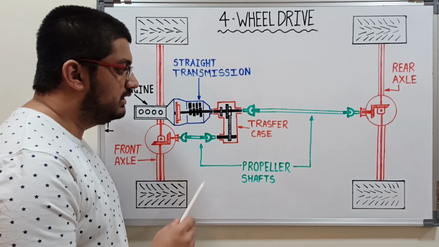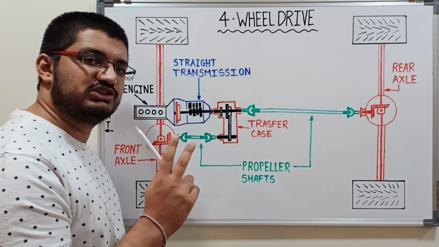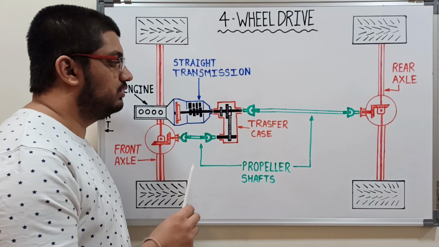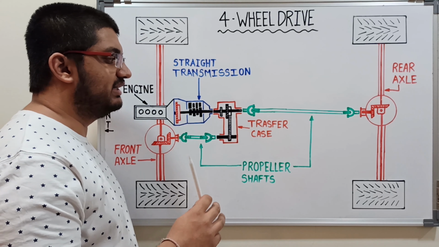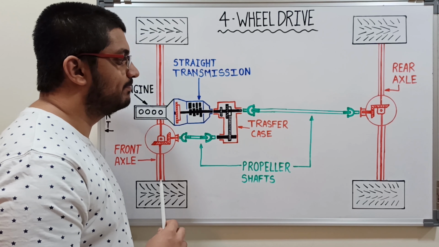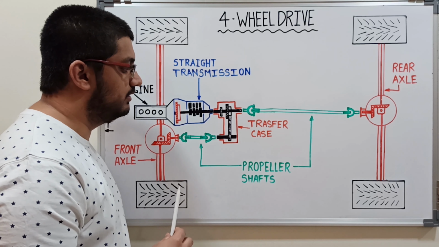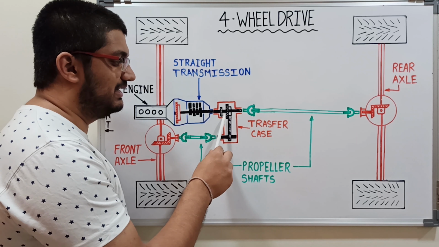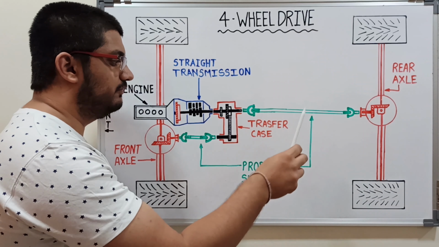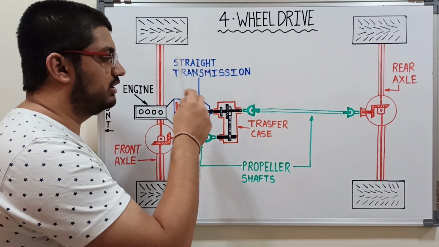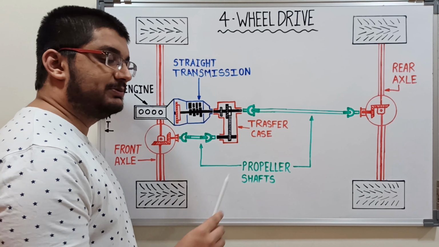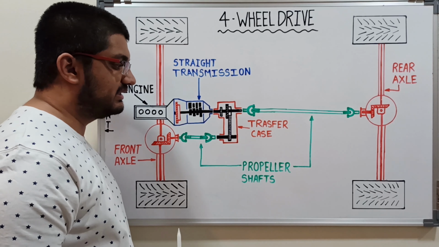And the second job is to select between two ranges or two modes, high mode and low mode, in which there is high speed and low speed respectively. So there is this flexibility given in order to increase the torque in very off-road conditions where the vehicle is stuck or something else, and also increase the speed. So the transfer case has these two functions: select the high and low mode, and then select which axles are driven, that is only the rear or the rear and the front. It cannot drive only the front, keep it in mind. There are only two options: only the rear axle or the front and the rear axle both.